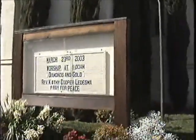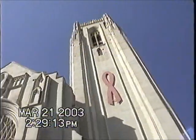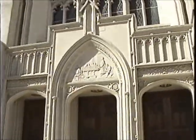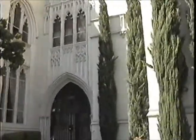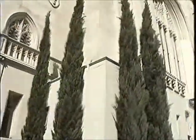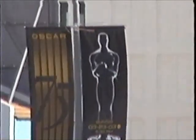So this is the Hollywood United Methodist Church. And here's the tower. We're going to go up. Very beautiful, beautiful church. Very gothic. Be up in that area there. Okay. And right across the street from where they're going to have the Academy Awards, which is right in that section right there. Okay, and it's the 75th Academy